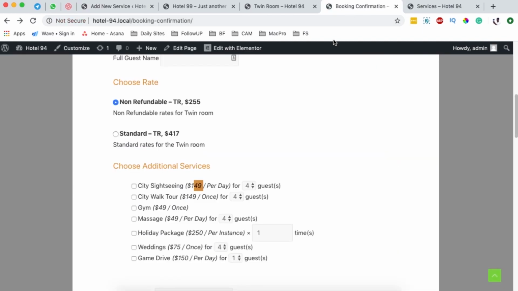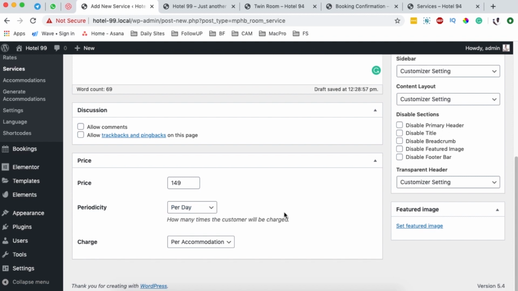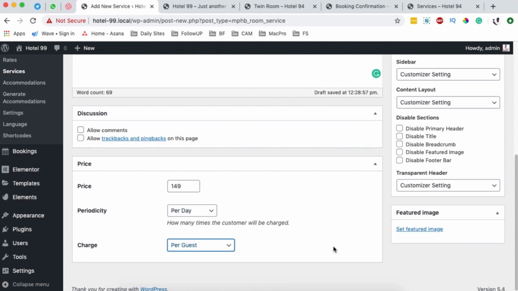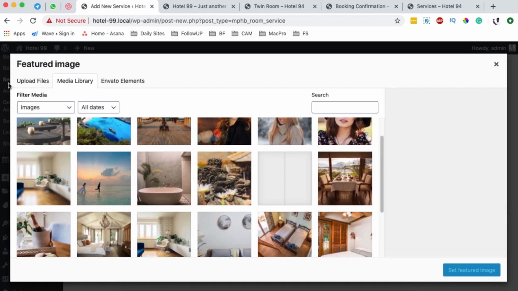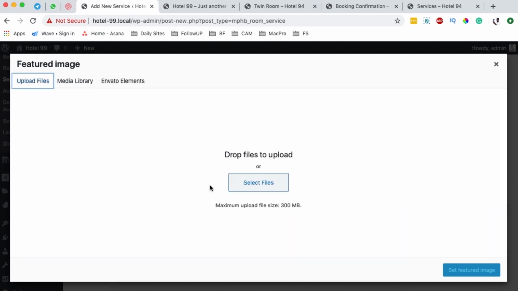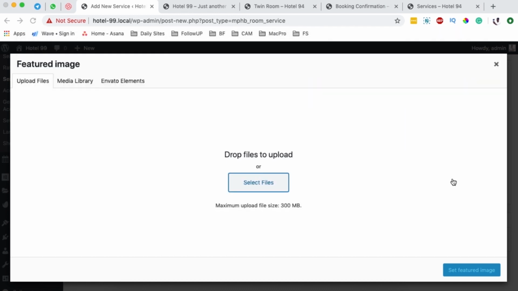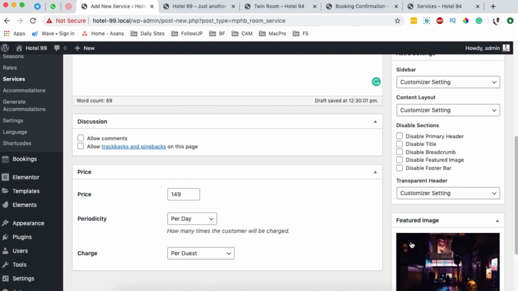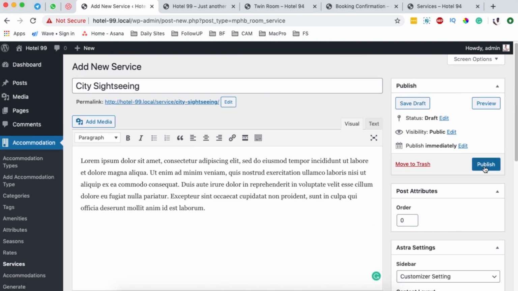So city sightseeing, the price for this service goes for $149 per day per guest. So I can say 149. It is per day and it is per guest. And then I can add a featured image for this service, which is city sightseeing. I simply come over here to upload files, and of course you have to navigate to the area where your photos are. Let me say this is the one, and I simply add that as a featured image for the city sightseeing. Now I am done adding details for this specific service. I simply publish,